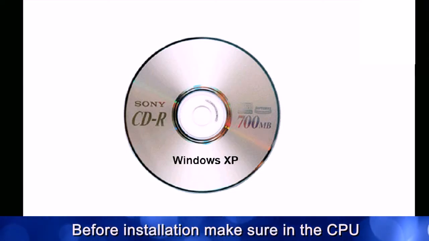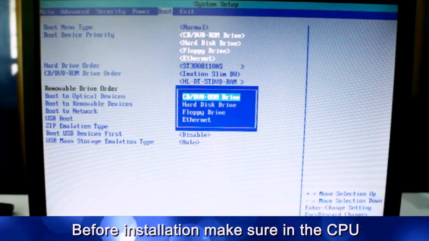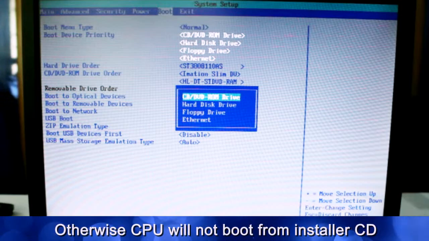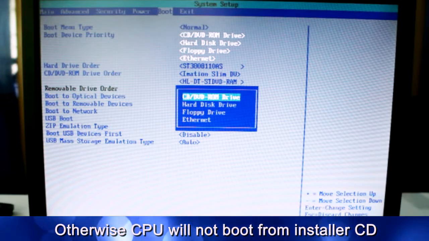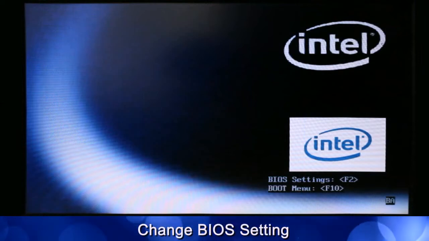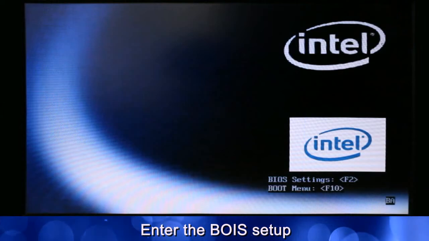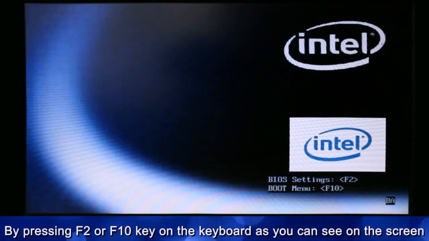Before installation, make sure in the CPU, BIOS setting should have first bootable device as CD-ROM. Otherwise, CPU will not boot from installer CD. Change BIOS setting. Enter the BIOS setup by pressing either F2 or F10 key on the keyboard as you can